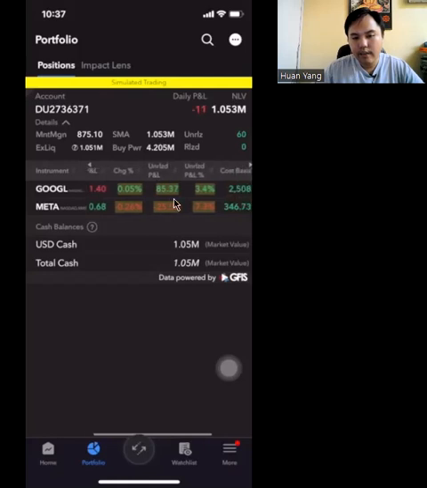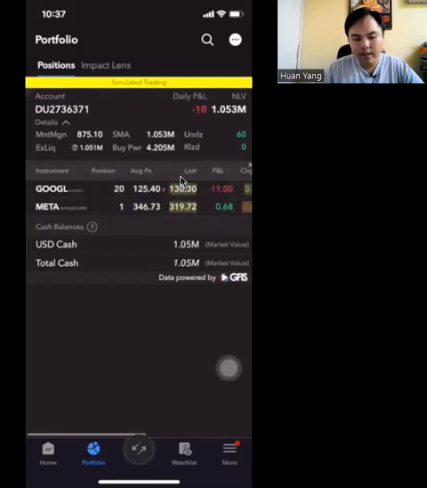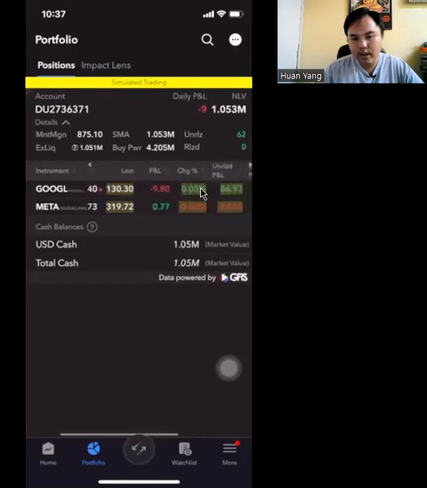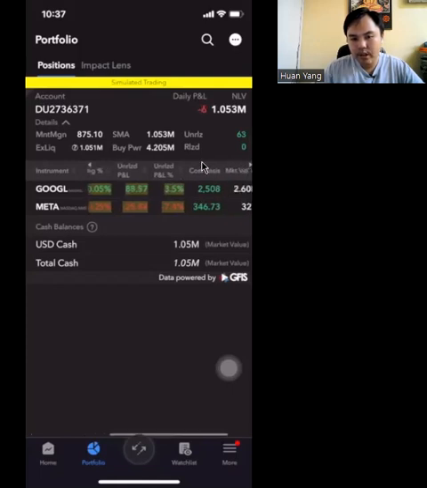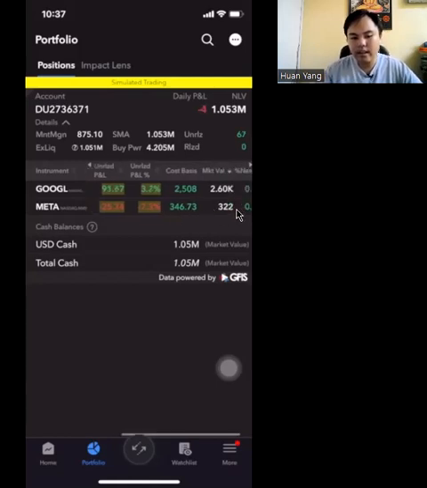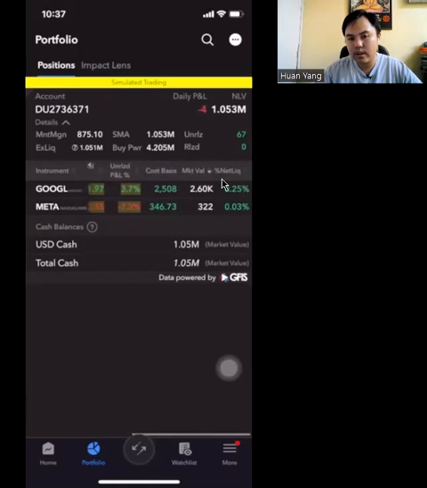Unrealized P&L means it's from the very beginning. Last time when I bought at 125 US dollars, times 20 shares, I'm earning 88 US dollars, and my unrealized profit is 3.5%. My total cost for buying this Google share is 2.5K US. This one is something that TD Ameritrade doesn't have, cost basis. Another thing that TD Ameritrade doesn't have is the percentage of net liquid, which I find